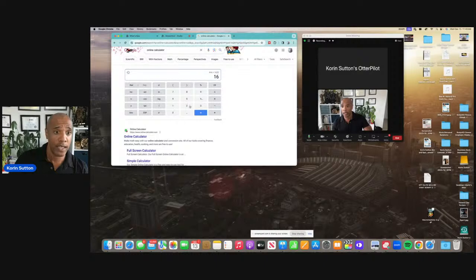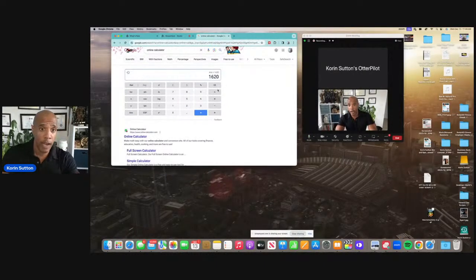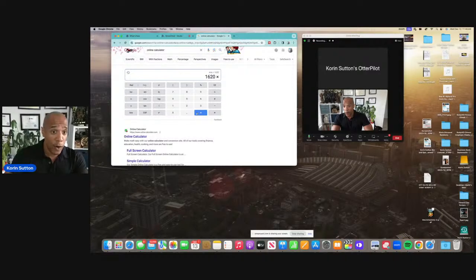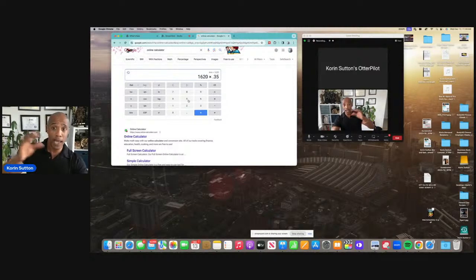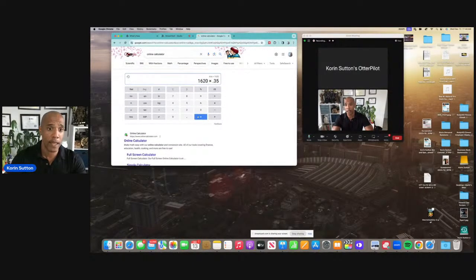Okay, so now what we're going to do is take our calories, which is 1620, and then we're going to multiply it. We're going to do our protein first by 0.35, because we're going to take the percentage and make it into a decimal. Simple math, okay? This is like third grade math. Now we're going to do that, and then we have